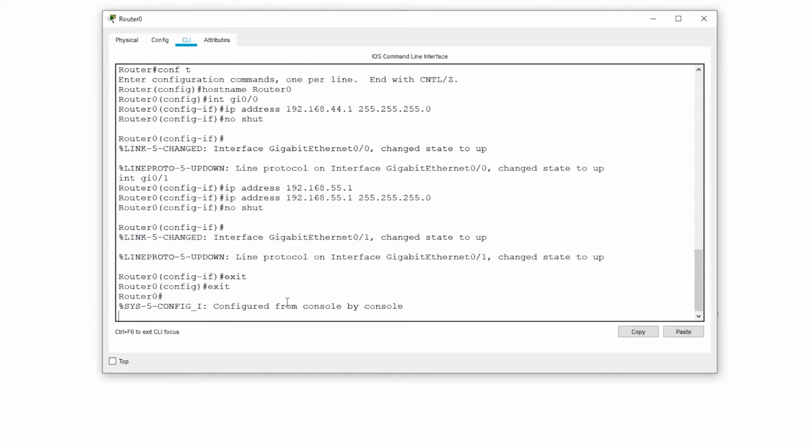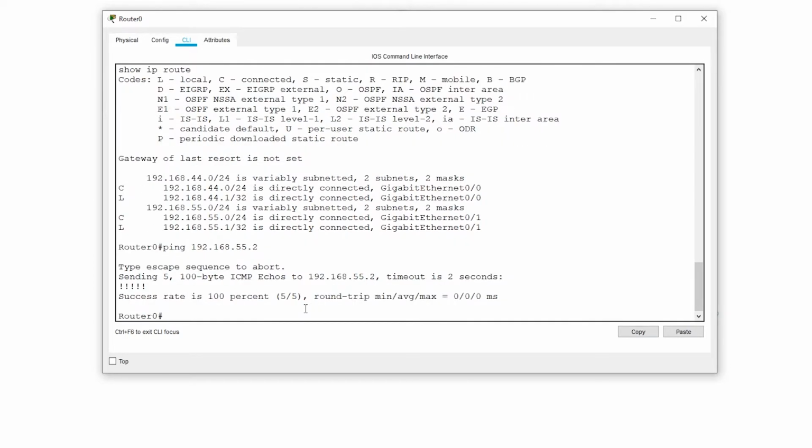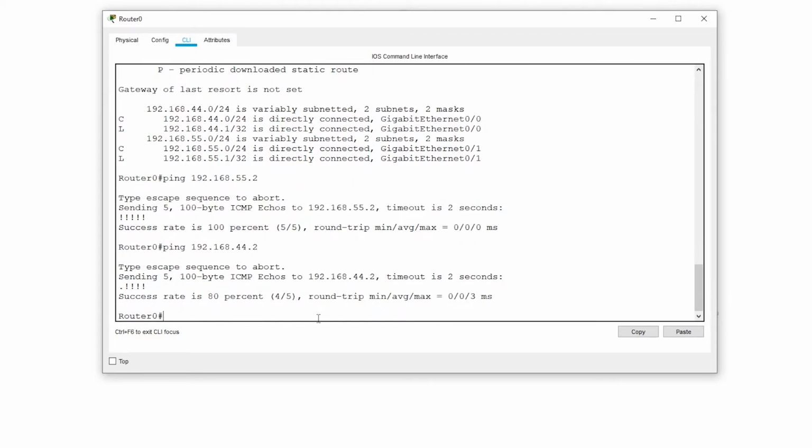Exit, exit. Show IP route. 192.168.44.0 is correct, and so is 55.0. Ping 192.168.55.2. Ping 192.168.44.2. That works fine.